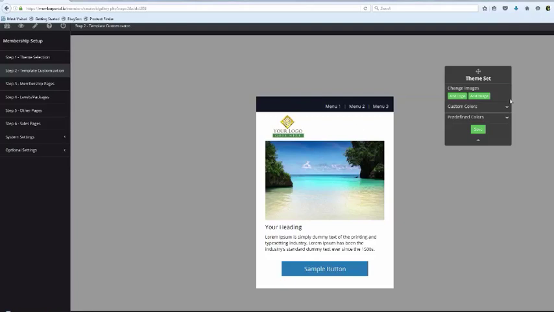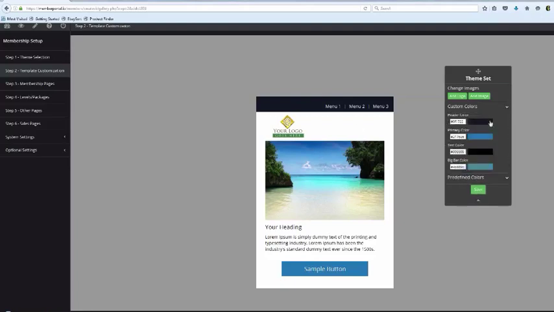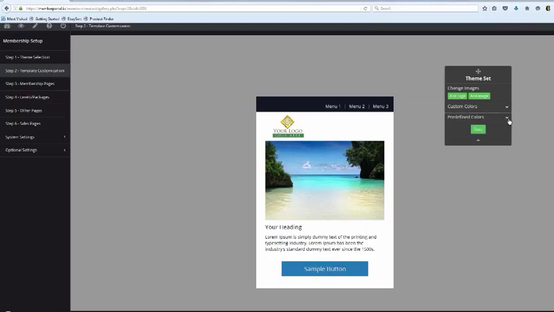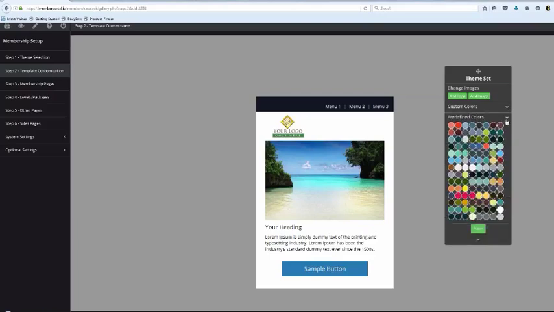So what I'm going to do is come over here to my custom colors, and I can change out this color. I can change out this color. I can change out the text color, whatever. That's going to take too much time, and unless you're really, really good at graphics, you're probably going to screw this up. I'm good at graphics, and I will screw it up every time. Well, we know that. So what we want you to do is come over here to this one that says predefined colors, and just look at the colors that you think are going to match this image and your logo.